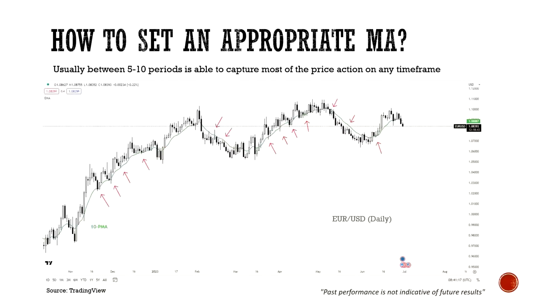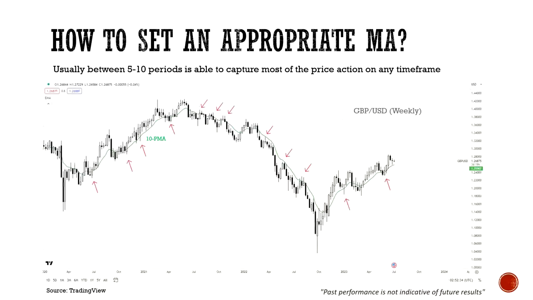What this shows is that whether we use a daily chart or a weekly chart, this is a GBP weekly chart, regardless of the time frame or the market we are using, more or less the 10 period I found holds very well. It wouldn't change much if you use a 9 period or an 11 period, but roughly around that is a starting point